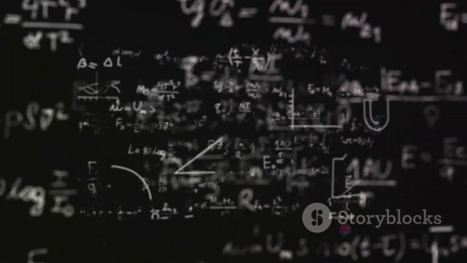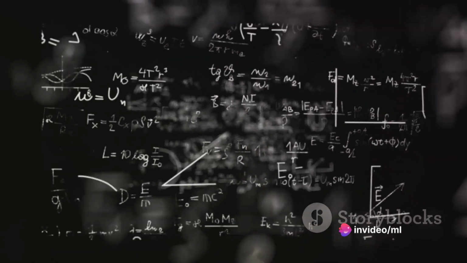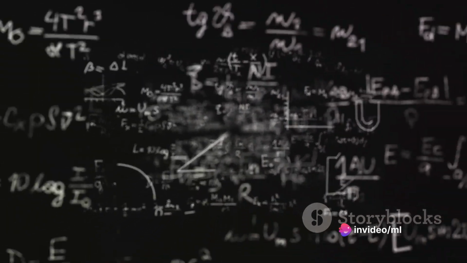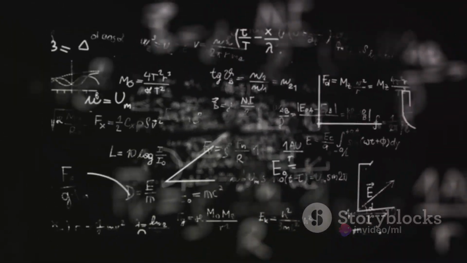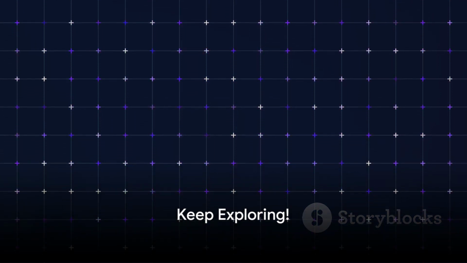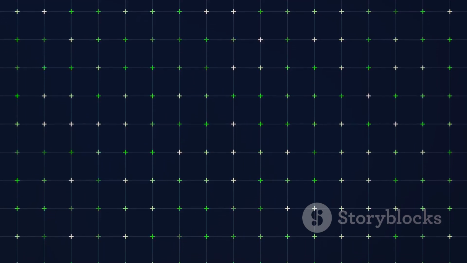And of course, there's the least squares method. This clever mathematical approach minimizes the sum of the squared residuals, ensuring our line of best fit is, well, the best it can be. It's these residuals that tell us how far off our predictions are from reality. And with that, you've taken your first step into the fascinating world of linear regression in machine learning. Keep exploring,